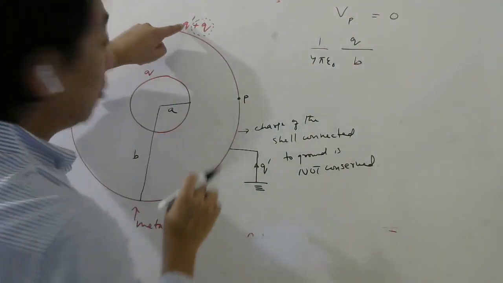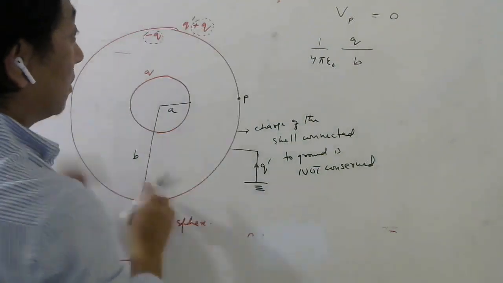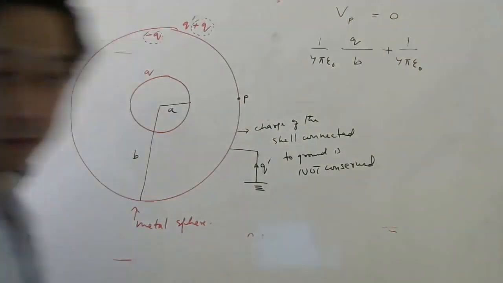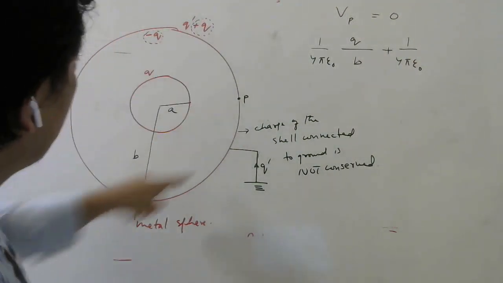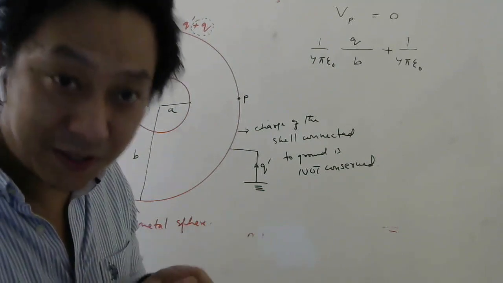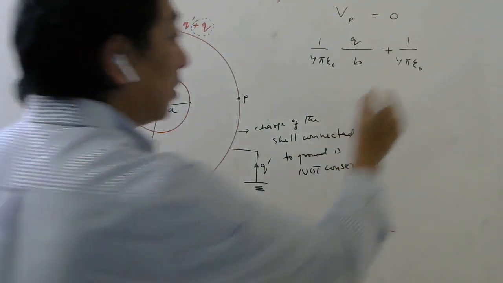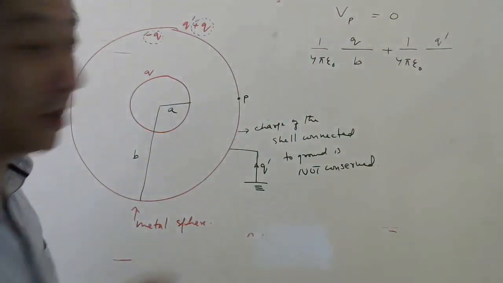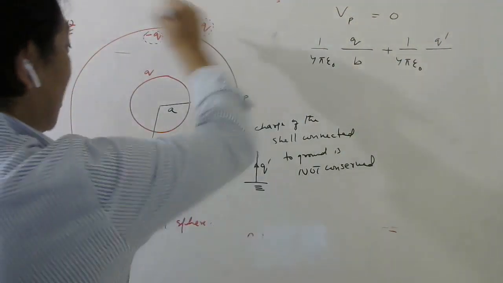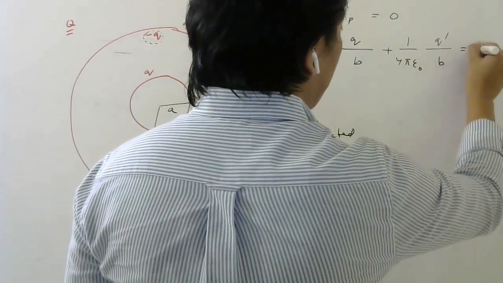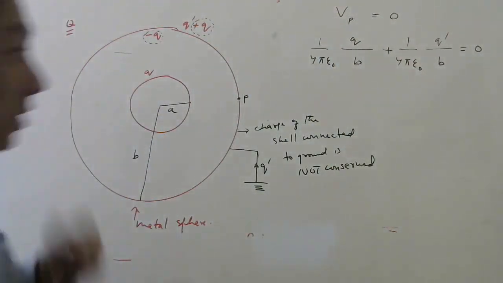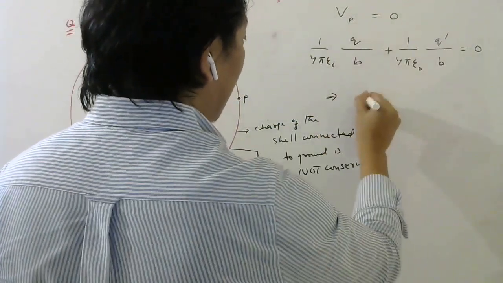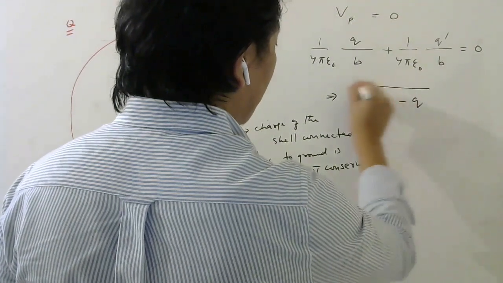Now let us calculate due to this q dash charge which has come. So that will be how much? 1 by 4 pi epsilon naught. Now for this q dash charge, where is this point? On the surface. So use the formula for surface. On surface, how do we write? 1 by 4 pi epsilon naught q dash divided by, how do we write? Radius. Radius of this sphere is B. That should be equal to 0. Correct, students? Okay. So take it that side, B and B will cancel. So q dash will be minus q.